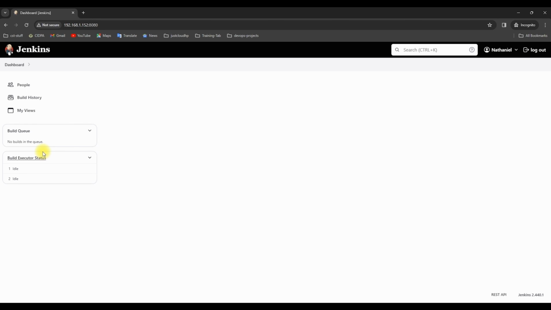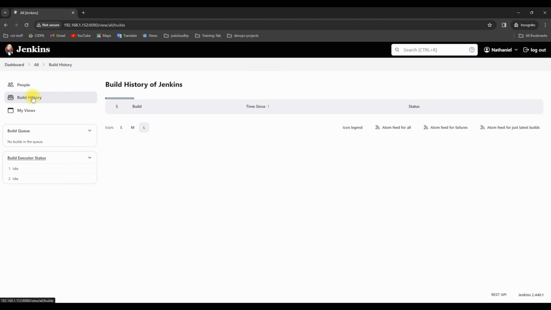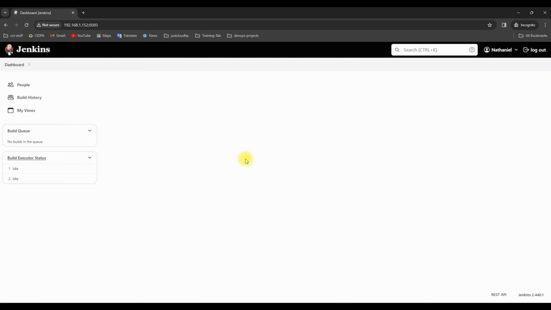So it's just a little bit of permission. So it still can't do anything because we haven't allowed that yet. So we click on dashboard, nothing is coming up. We can't see jobs. If we click on build history, it's not able to see build history. So even the role that we have assigned to this user right now is still limited. So there's a limit to what this user can perform at the moment. But the good thing is that the user is not having the access denied error anymore, but it still has